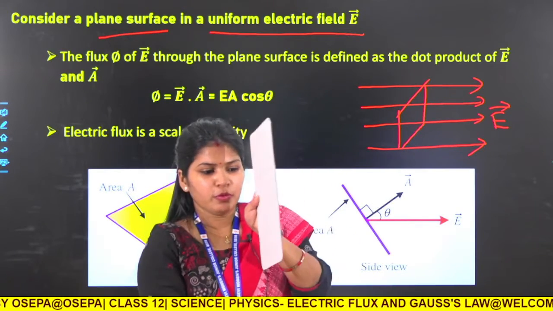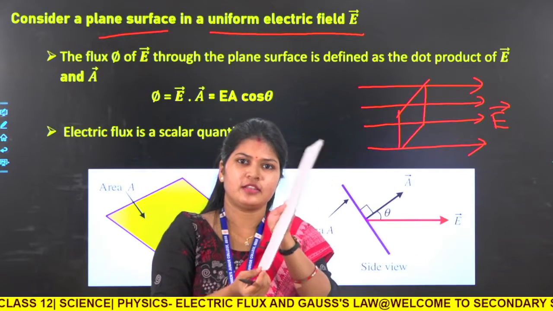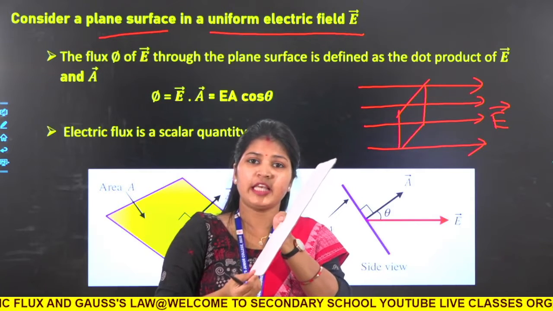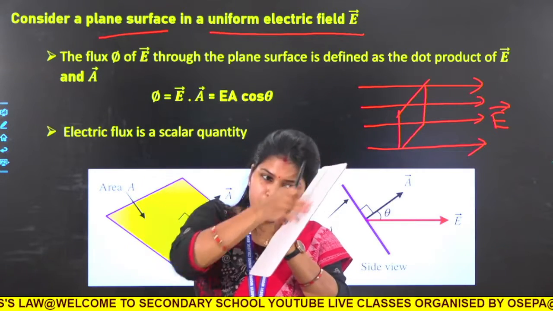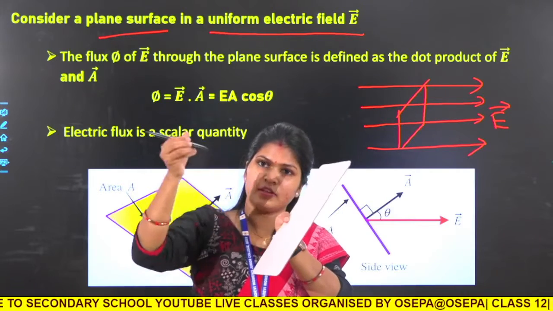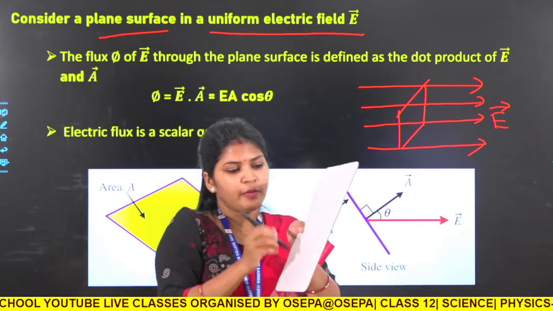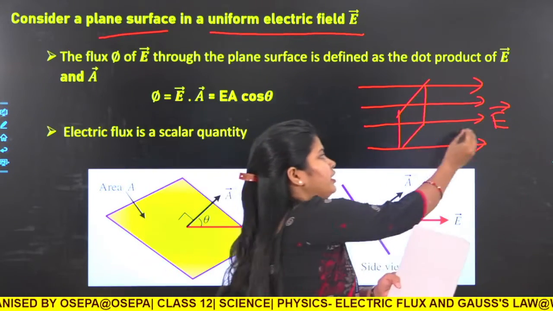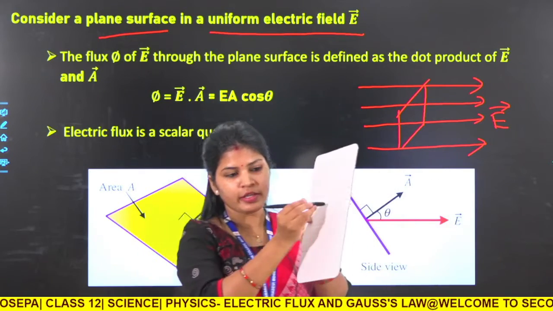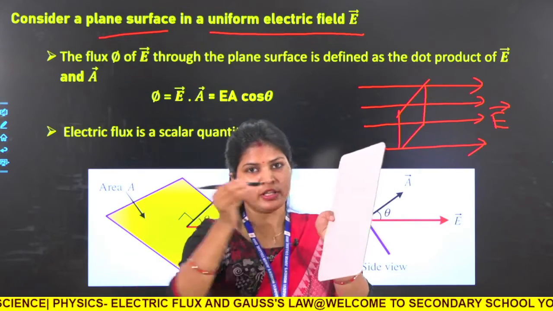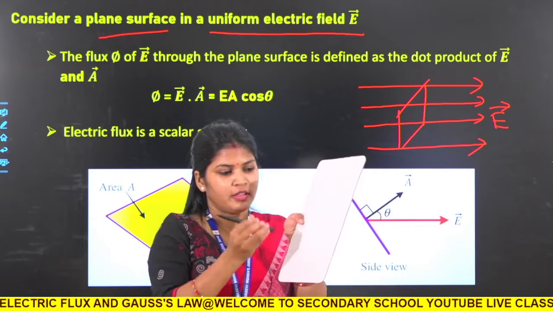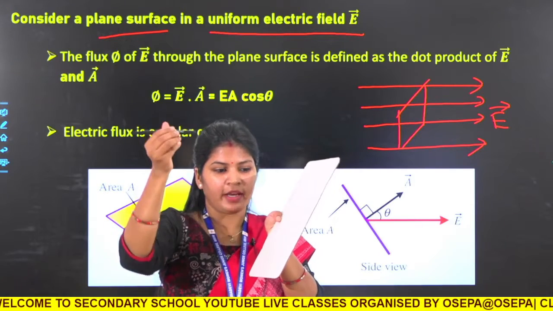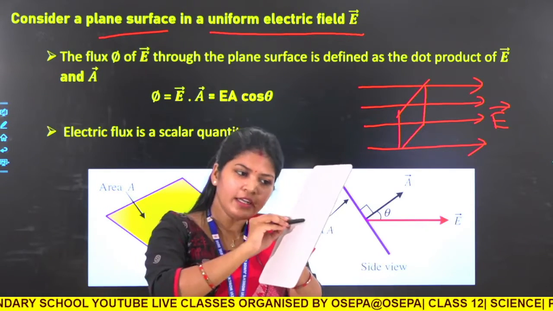Okay, suppose the plane surface is tilted like this with an angle theta, then the area vector will be perpendicular to this surface. Are you getting it? The electric field is going in this direction, the electric field is in this direction, parallel. But the area vector is in that direction. That means the electric field vector and area vector